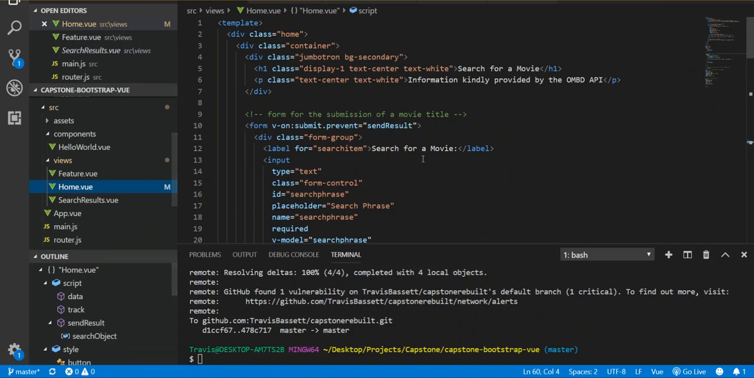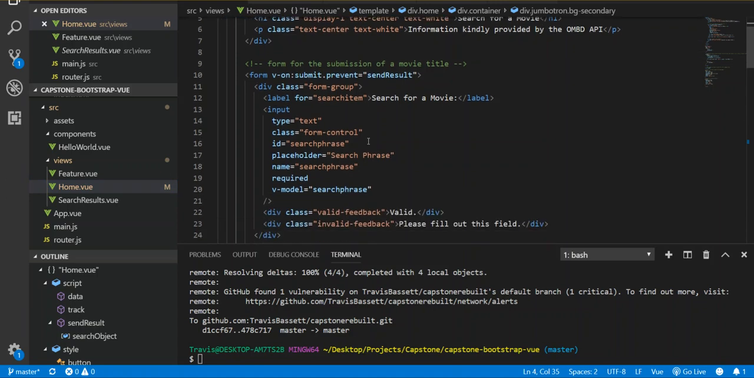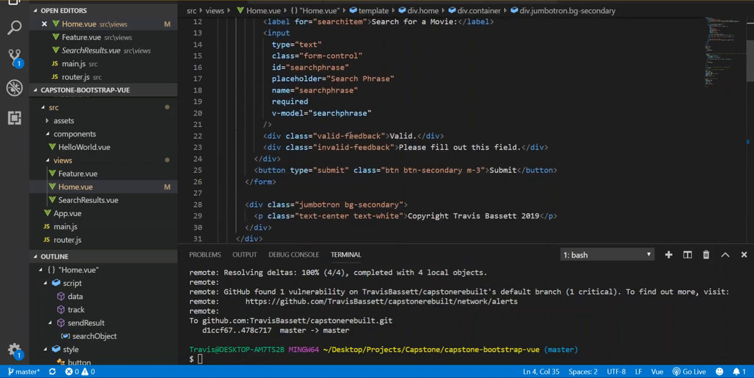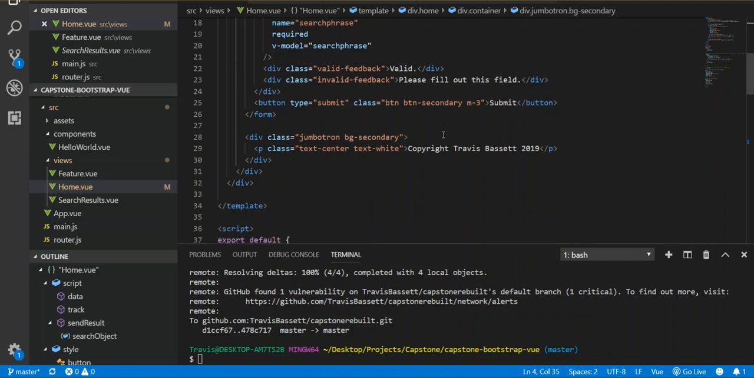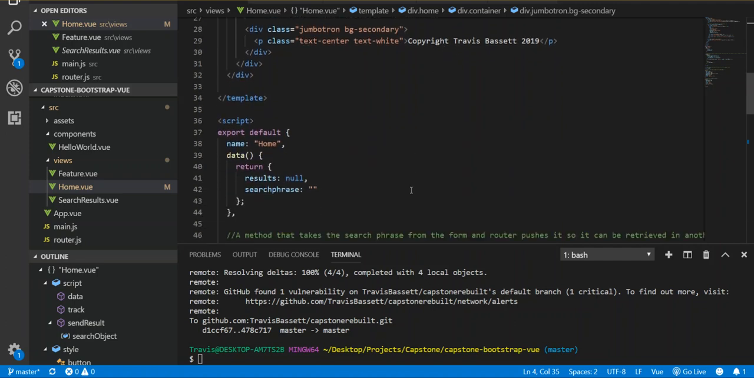But yeah, here's the home page. And the home page, this is neat. You can see where I'm using a Bootstrap element in Vue, because Bootstrap Vue lets you do that. Then just search for a movie, information, blah, blah, blah. Here's the form. If there isn't anything in there, that's where the warning says, hey, you have to put something in here. Submit button, another Jumbotron,